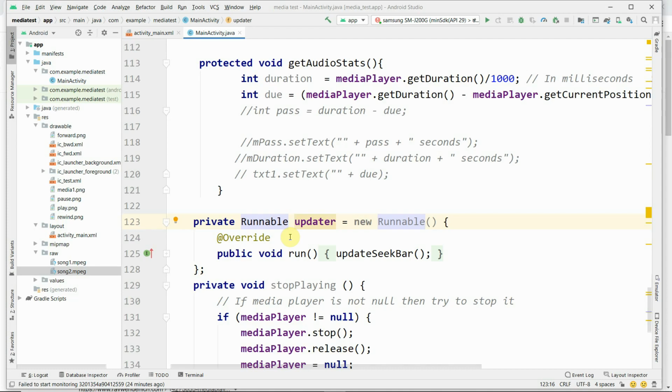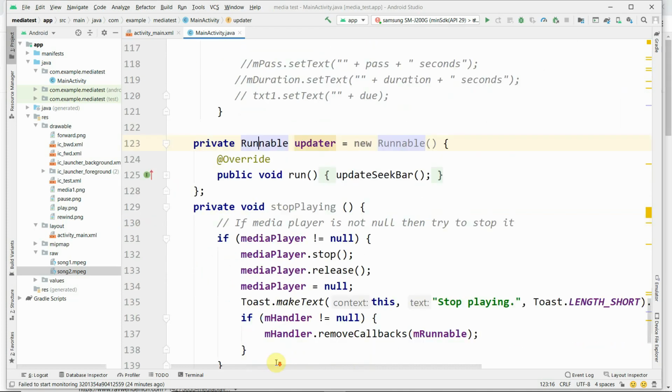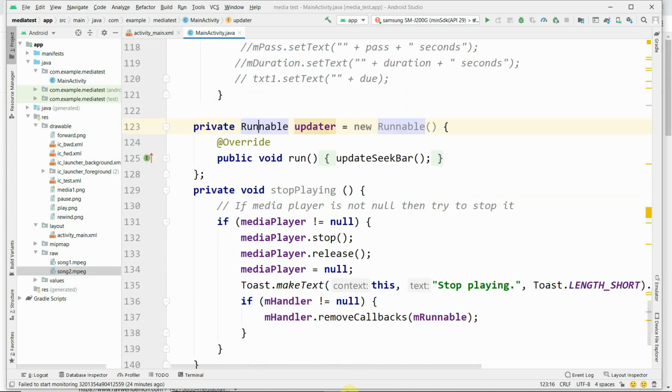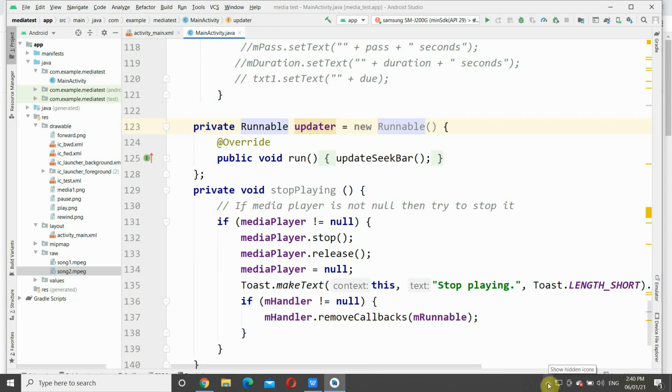When you click on the stop playing button, the media player needs to be stopped.